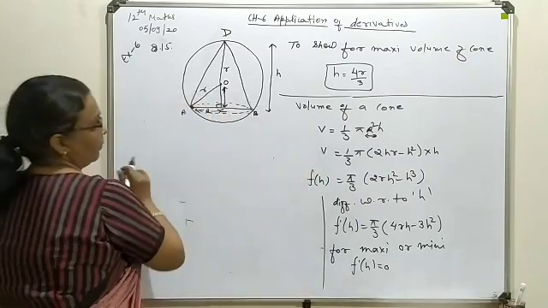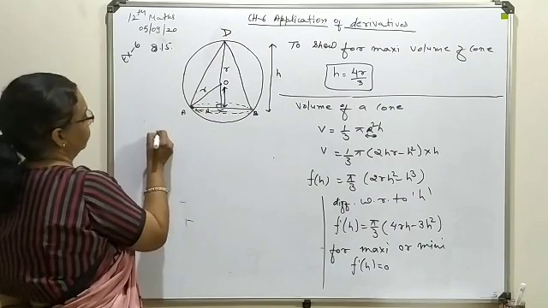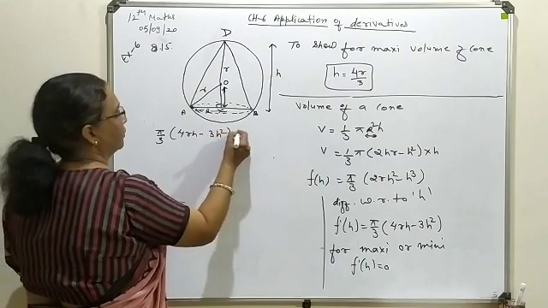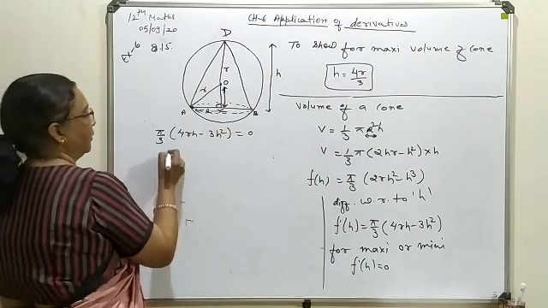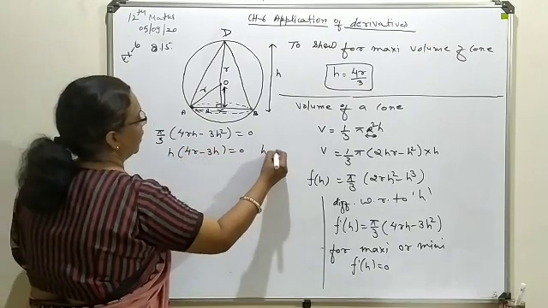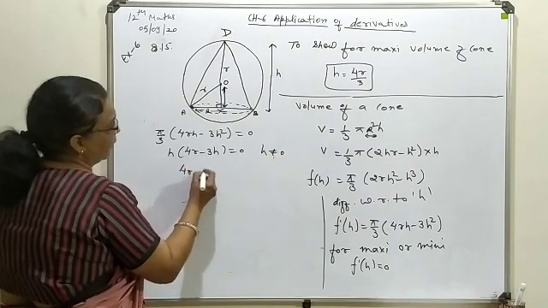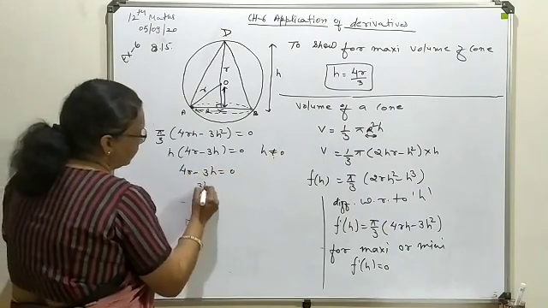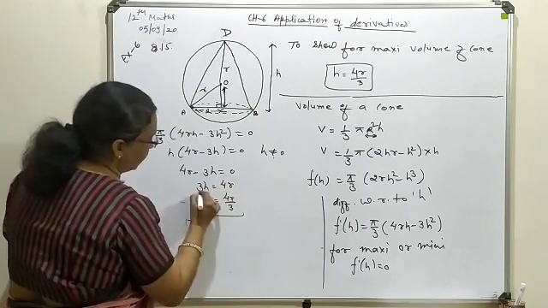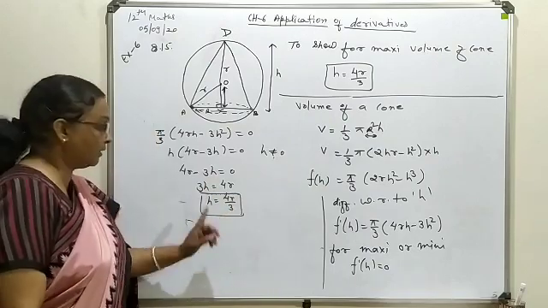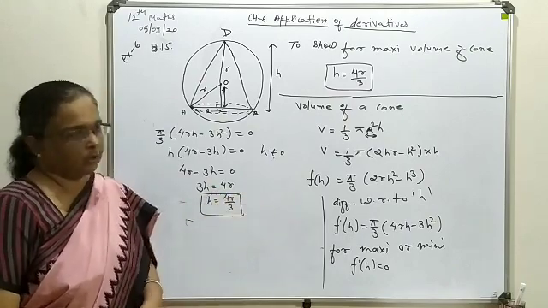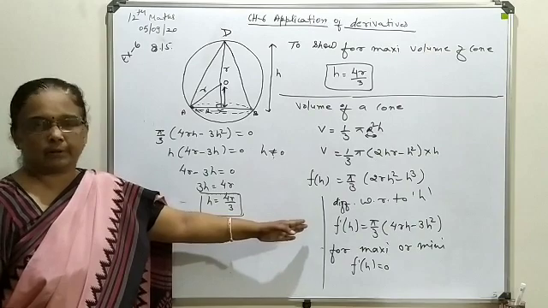Now here, if you compare the first derivative equal to 0, this pi by 3 being a constant quantity, from here H we can take common. So this is 4R minus 3H is equal to 0. H can't be a negative quantity, so obviously 4R minus 3H will turn to 0. 3H is equal to 4R, H is equal to 4R upon 3. This we have derived. Only one thing remains, that at this H value, whether this volume is maxima or minima, and for that purpose we will require the second derivative.